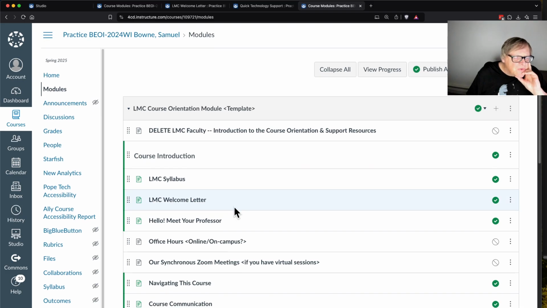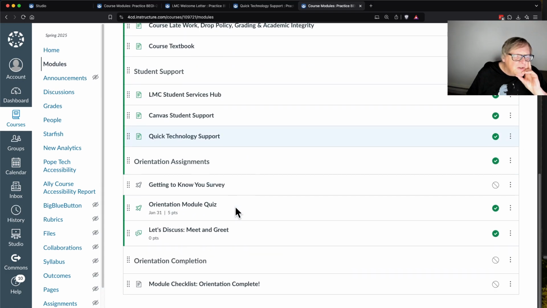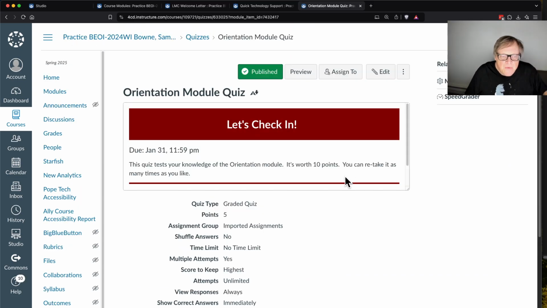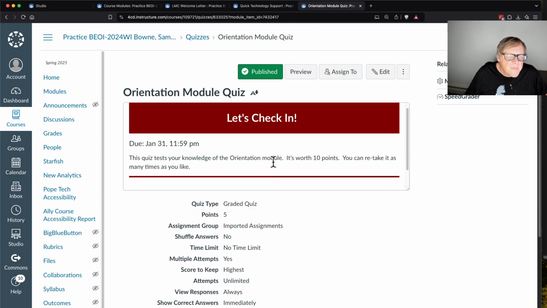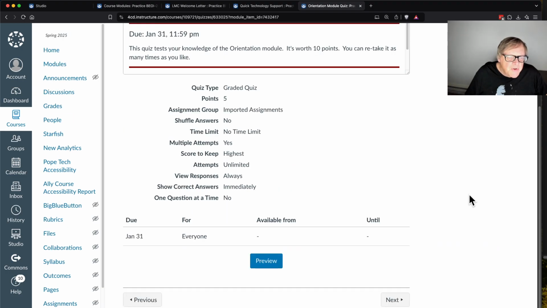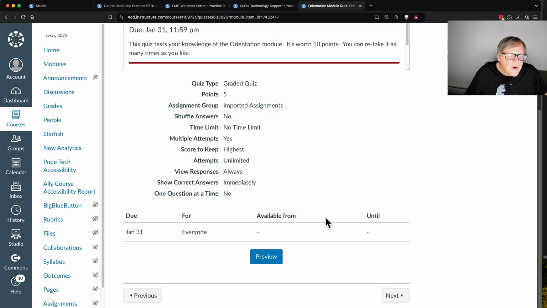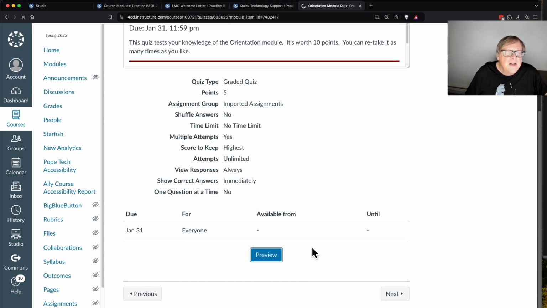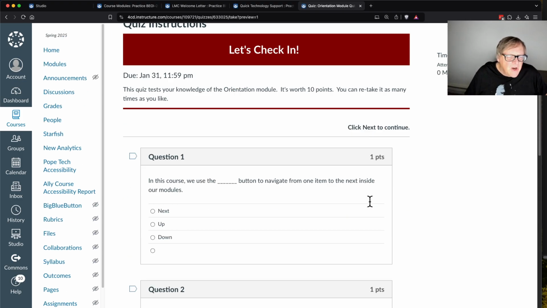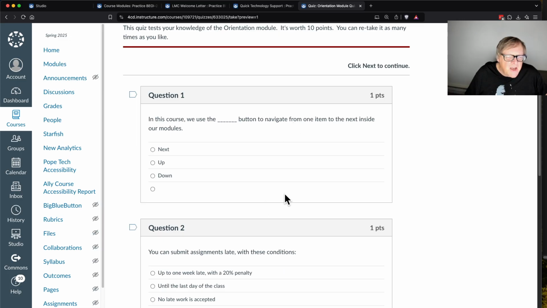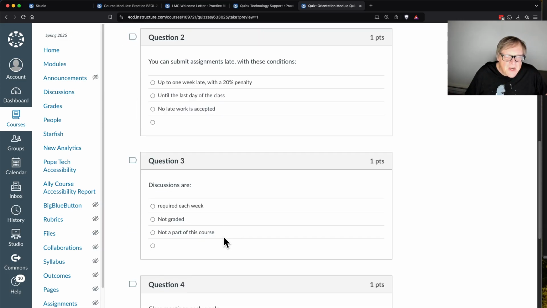I'm in the module. I've got to find the quiz. There we are. I just have the standard questions here, and again the examples were helpful. I guess the only way to see the questions, okay, preview them, okay. There we are. So I just asked them things about how to navigate and how to turn in late projects